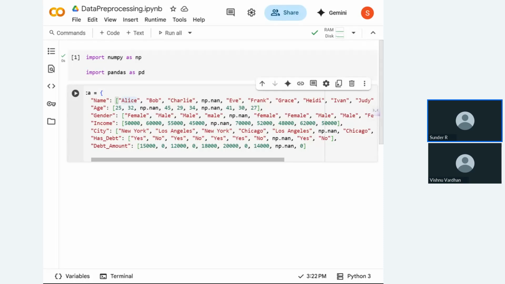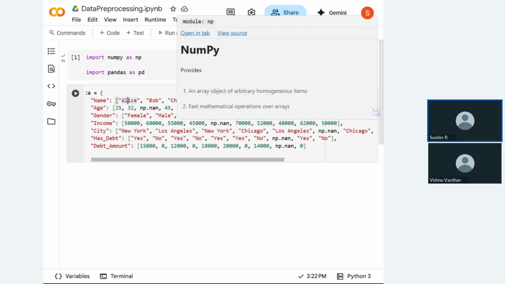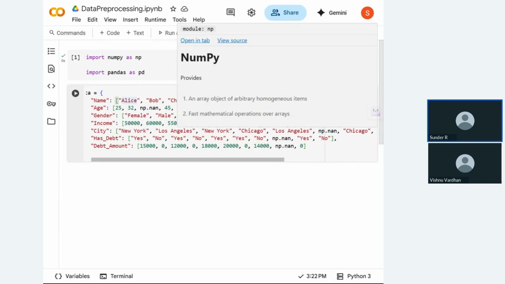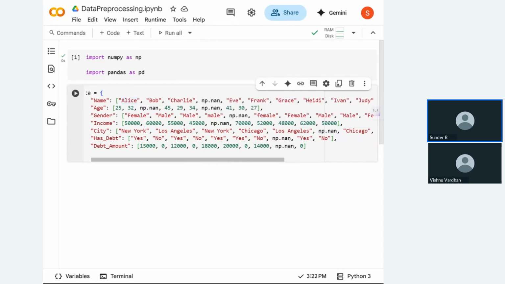We are going to do some pre-processing techniques. In income as well we have some null values, and city as well, we have these NaN values. So you are able to see so many mistakes, so many missing values, so much not-good-quality data. So now what we will do is